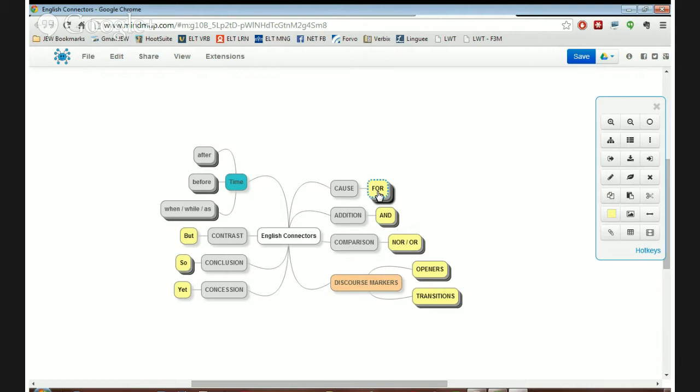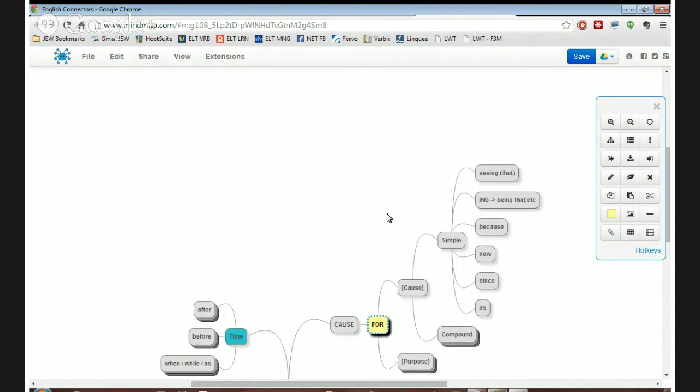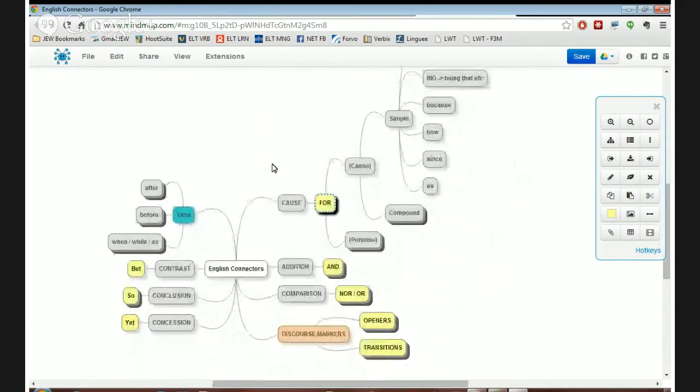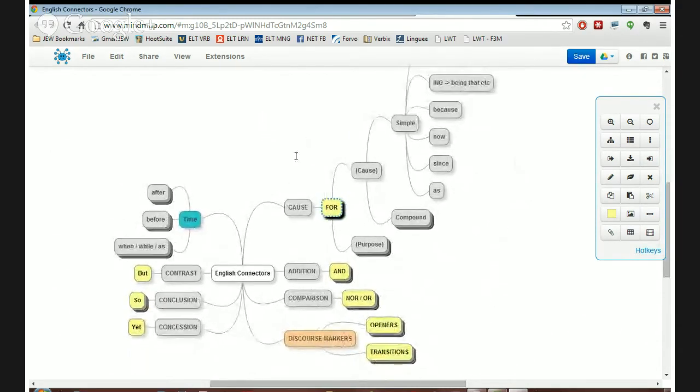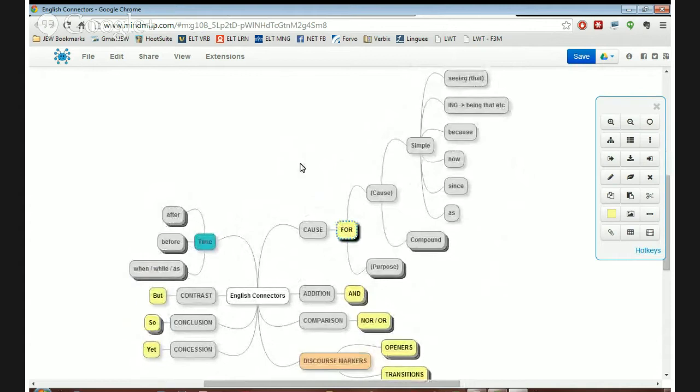So this is a way to organize your knowledge of structure. For example, what are some synonyms of for that are a little bit more advanced? Well, click for, you click on the F key, it'll open. And you'll see that for, we've got 2 types of connectors: expressing cause, and expressing purpose.